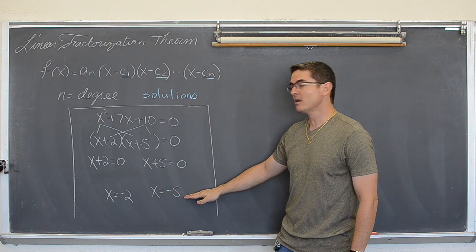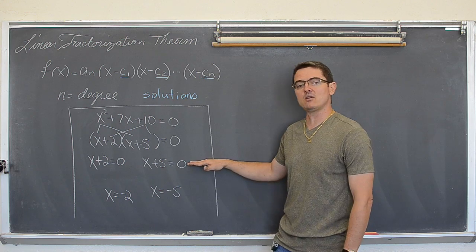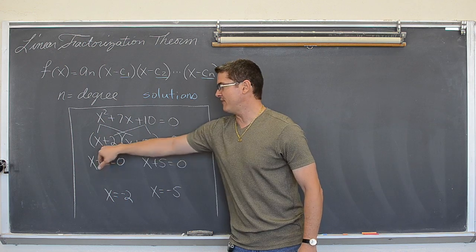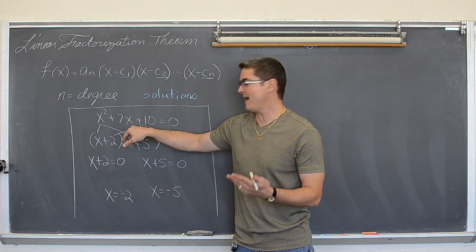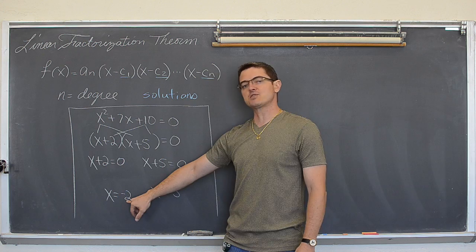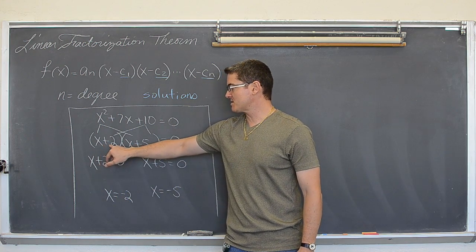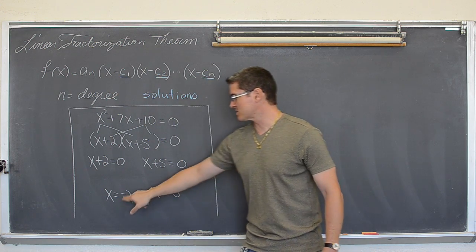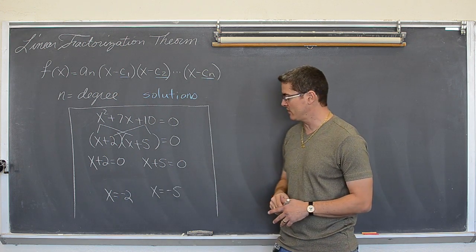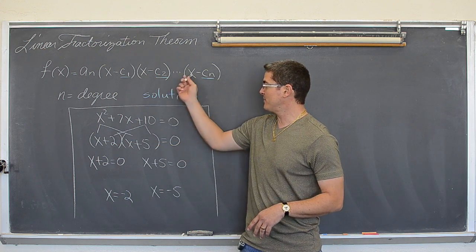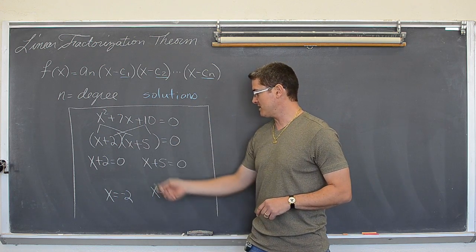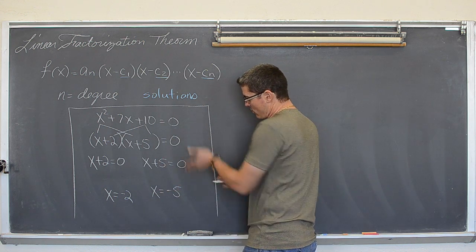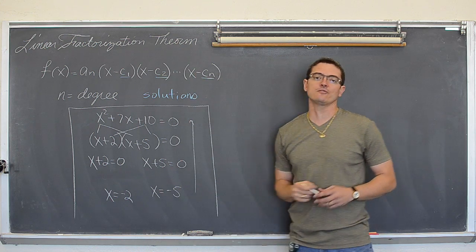Here are our solutions. Our solutions came from little tiny equations that we had set equal to 0, and those equations came from the factors that we got from the original polynomial that we factored. Well, check this out. This solution is negative 2, and in here it's x minus negative 2, or x plus 2, right there. So these c values are these solutions. In this case, they're both real solutions of negative 2 and negative 5. And again, the x minus c, the x minus negative 5, is x plus 5. We're just going to work this factorization backwards. That's what the linear factorization theorem does.